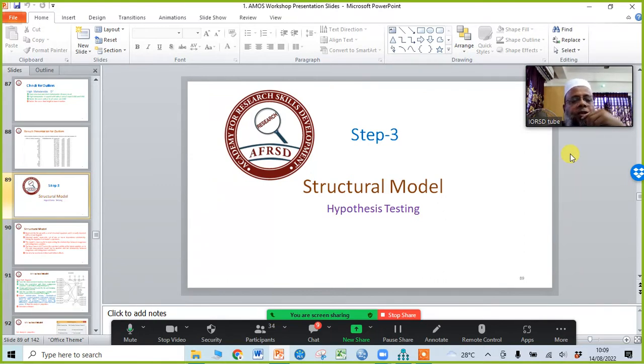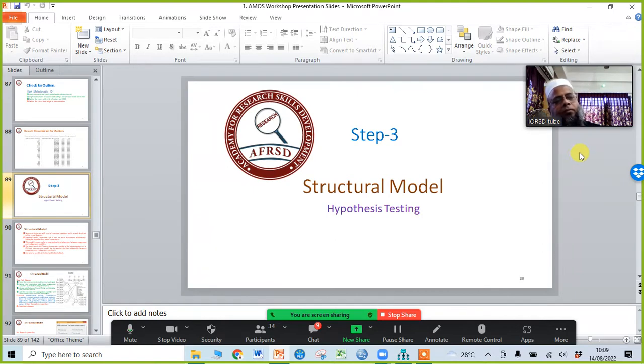I shall show you practically. Then we shall make the relationships between IVs and mediator, IVs and dependent variable, and mediator to dependent variable. Then we shall set the analysis criteria, the output that we want to observe. Then we will run the model and observe the result.